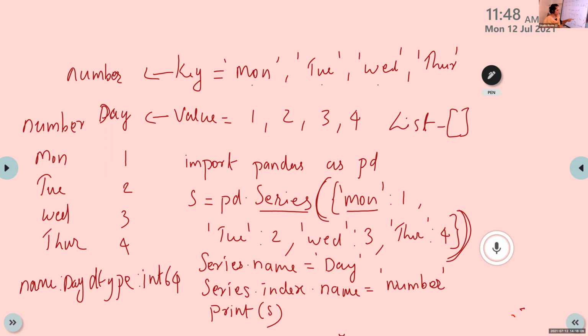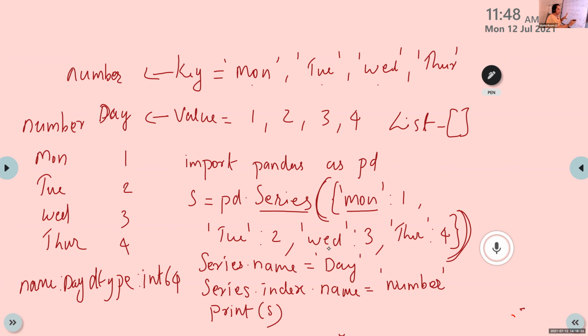Then write the third key, Wednesday, then colon, 3. Then Thursday is the last key and the last value is 4. After that, close the curly bracket and close the round bracket. This is the statement for creating a series.